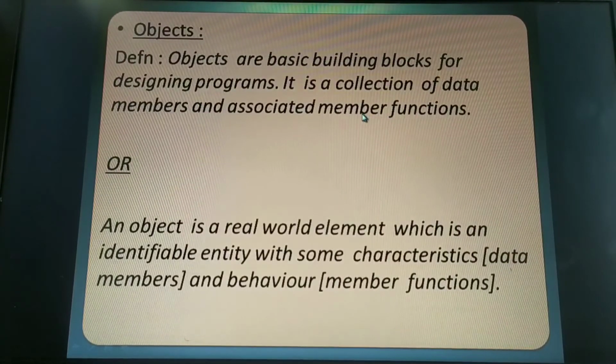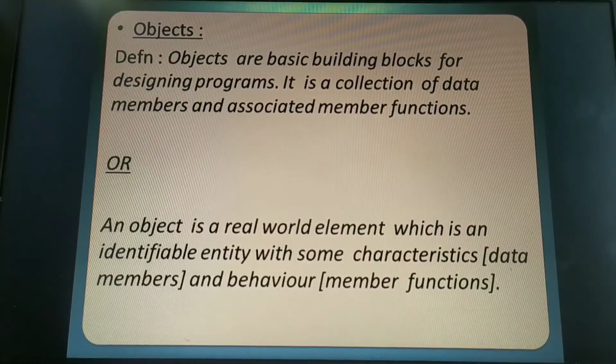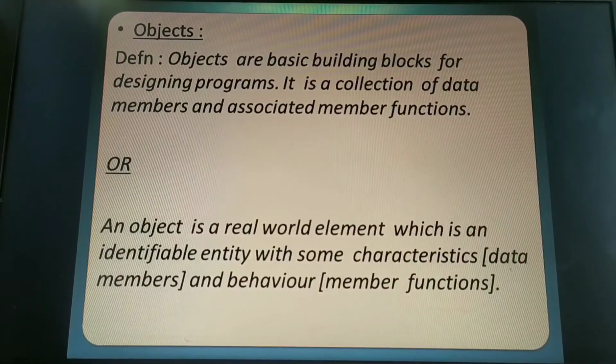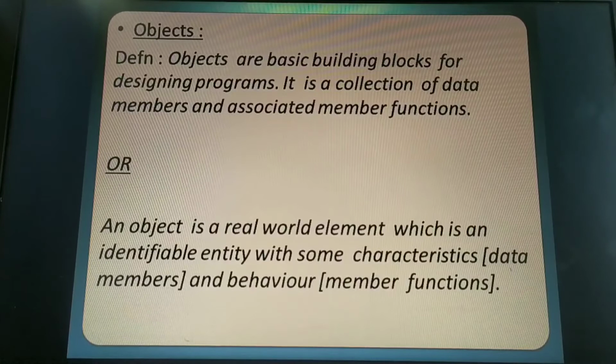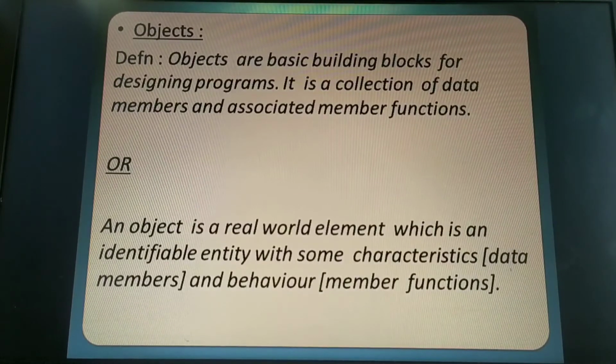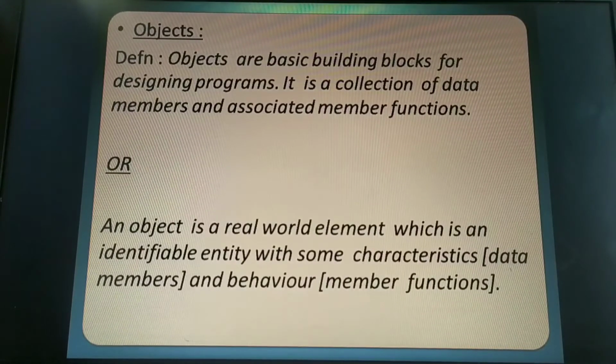Now what is this object? I'll give an example. Any real-time entity or thing that is capable of exhibiting certain characteristics and behavior, I can call it an object. I'll give a pen as an example of an object.